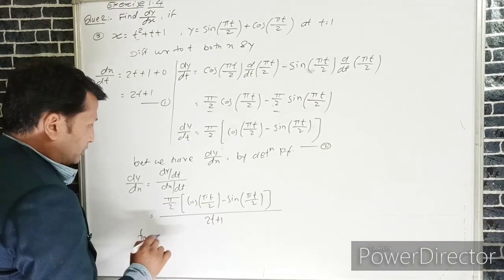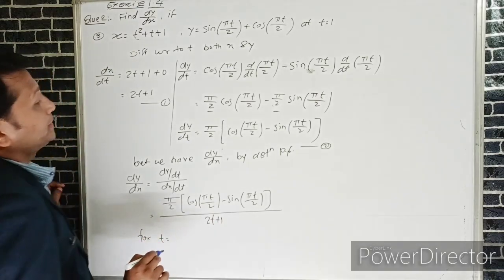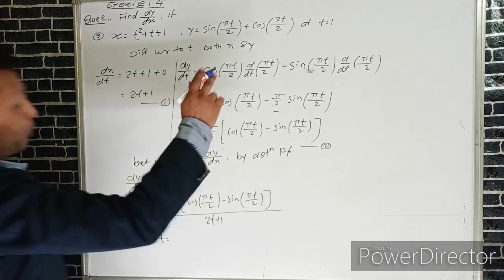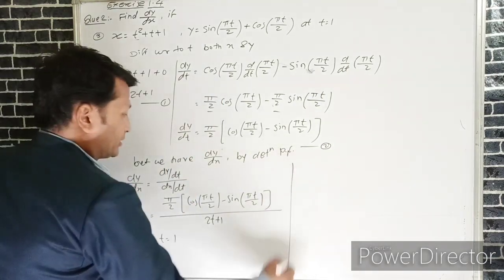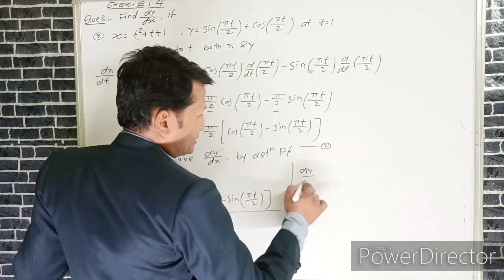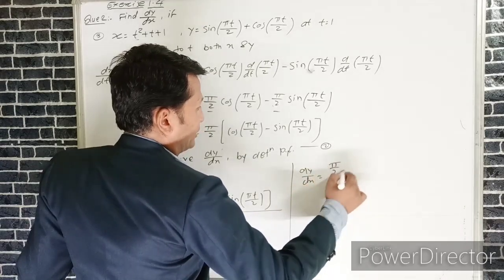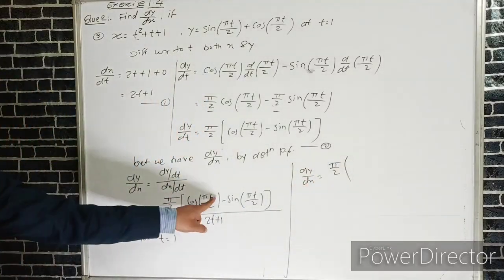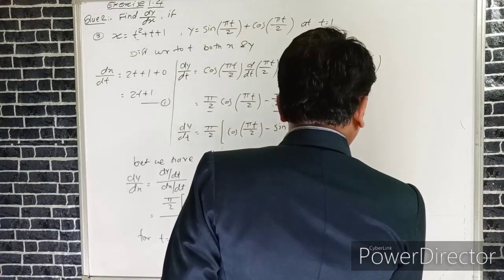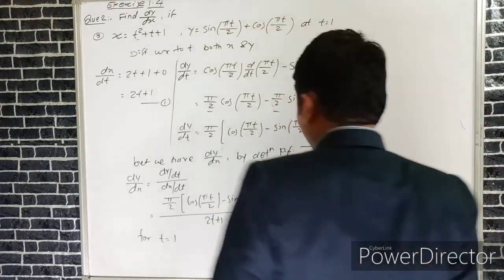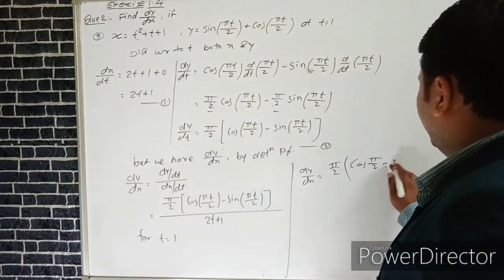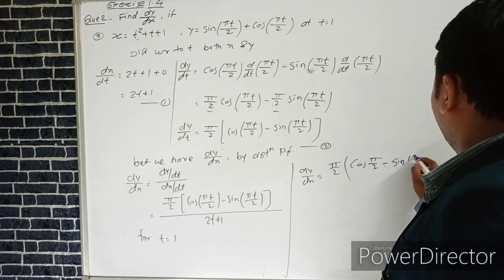If we put the value of t, which is 1, we can write this term dy upon dx is equal to pi by 2 into, t is 1, cos of pi by 2 minus sin of pi by 2,